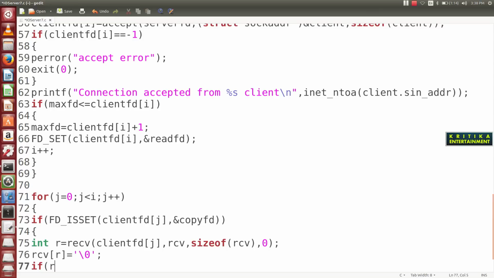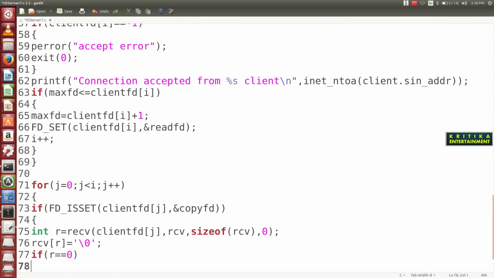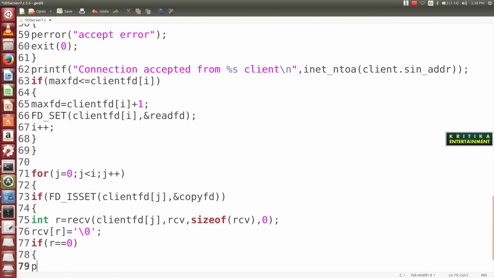So here we say if the client is closed, then r returns 0. Then write printf, percentage s is closed.